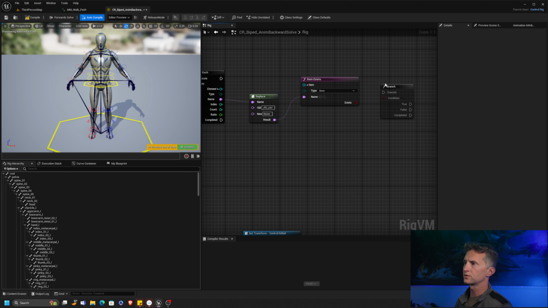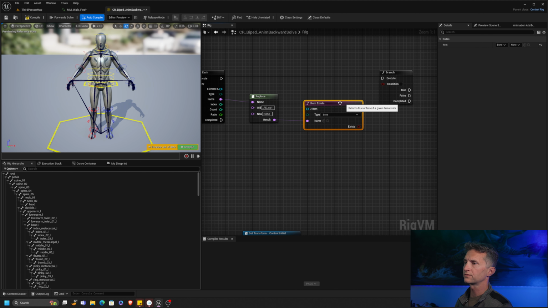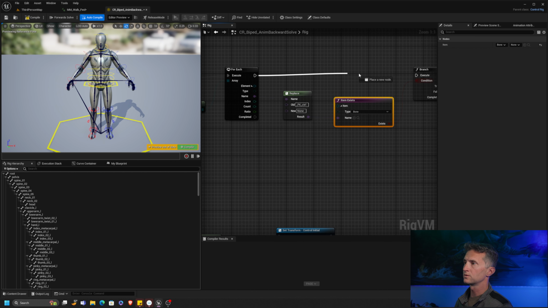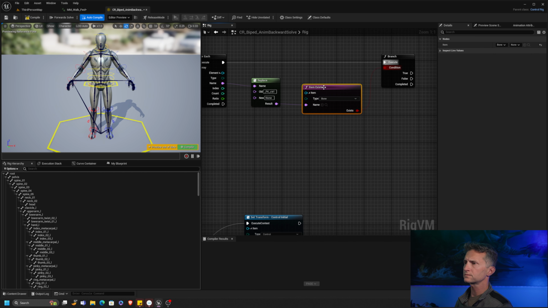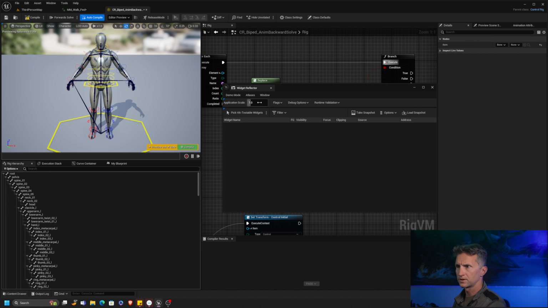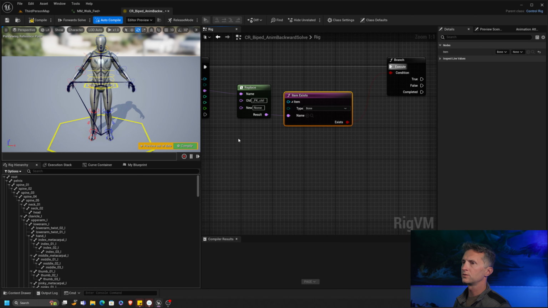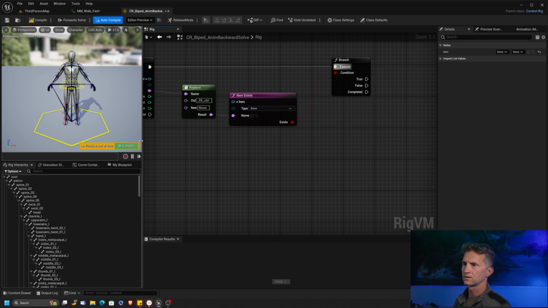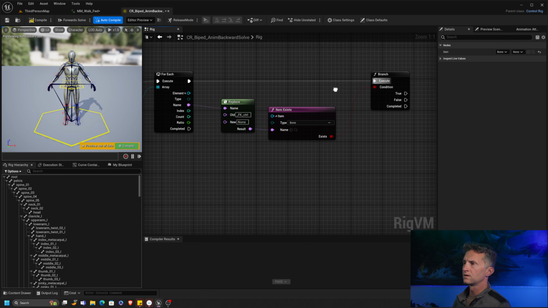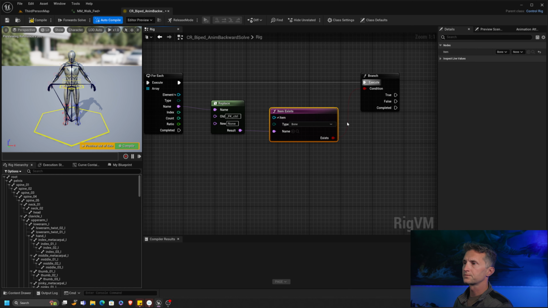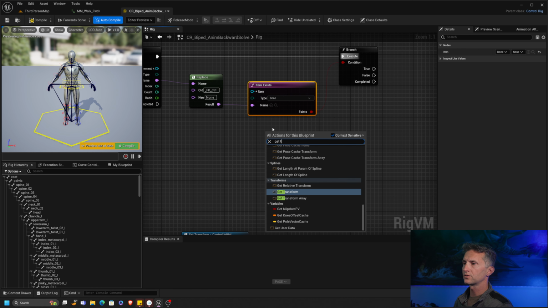Okay, if that's true, I just left clicked and pressed B to get up my branch. So if that's true, then all I want to do is set, let's make this a little bit easier for you guys to read. Okay, I want to set the transform of the control to be where this joint is. Okay, so let's get the transform,